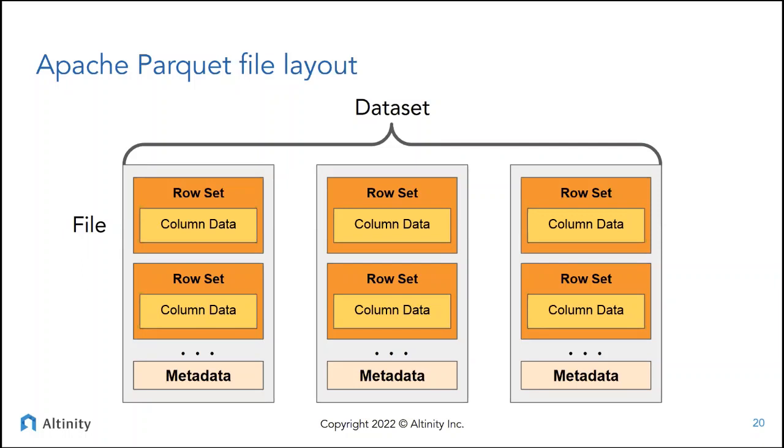at a high level, what you'll basically see is groups of rows. It's called a row set. And within the row set, there will be data for all the columns for a certain number of rows. And then you'll have another row set, again, with all the column data. And at the end of the file, you'll have metadata. The reason it's at the end of the file is it allows Parquet to write all the data out, and then write the metadata after it's seen all the data that it wrote, so it knows what metadata it needs and what it should look like.